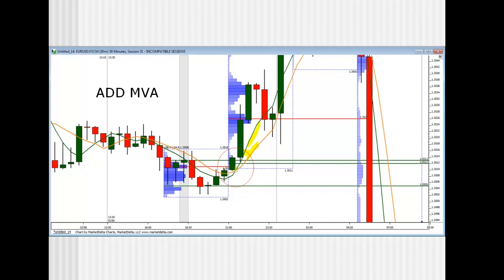And notice the nature of the slope of the simple 5 moving average followed by the slope of the 8, both sloping up. That is a very nice long pattern. Gives me a high level of confidence in these entries. And the simple moving averages are just real simple tools, but they take on a whole new meaning once you begin to use them with the profile